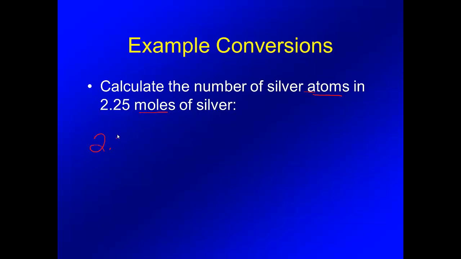So I always write what I know, 2.25 moles. And then I'm going to set up my dimensional analysis. Okay, moles, so they have to be opposite. I need to have moles on the bottom. Now moles, M-O-L-E-S, M-O-L, this is the abbreviation that's written all out. It's the same thing. Sometimes I'm inconsistent, so please don't let that confuse you, and I will try to be more consistent. So I know it's that many,